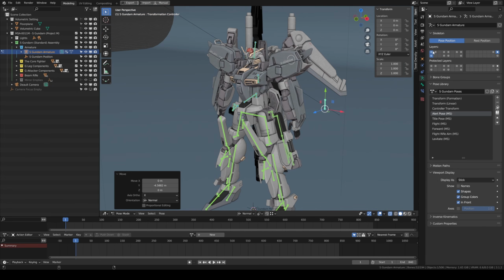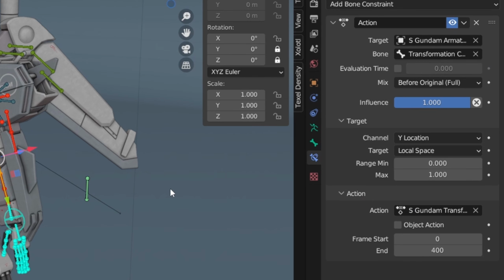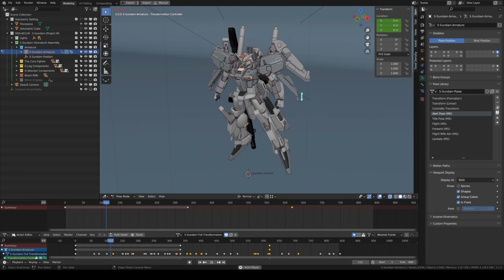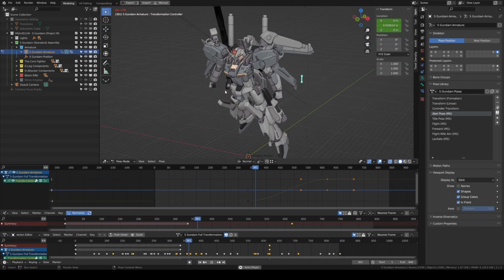It can function because there is an action bone constraint on every bone on the left layers. I took it a step further and made it an action where the controller causes the model to transform.